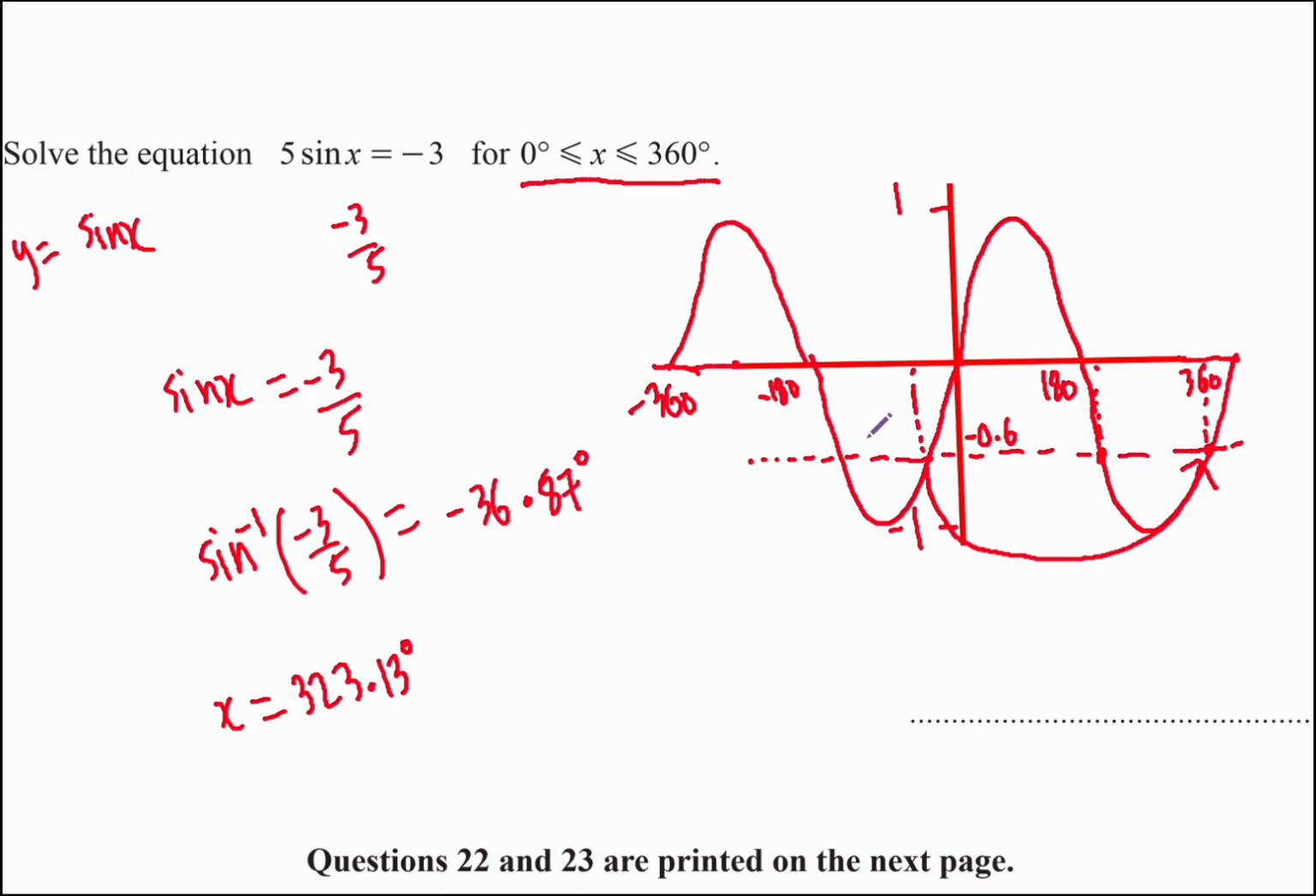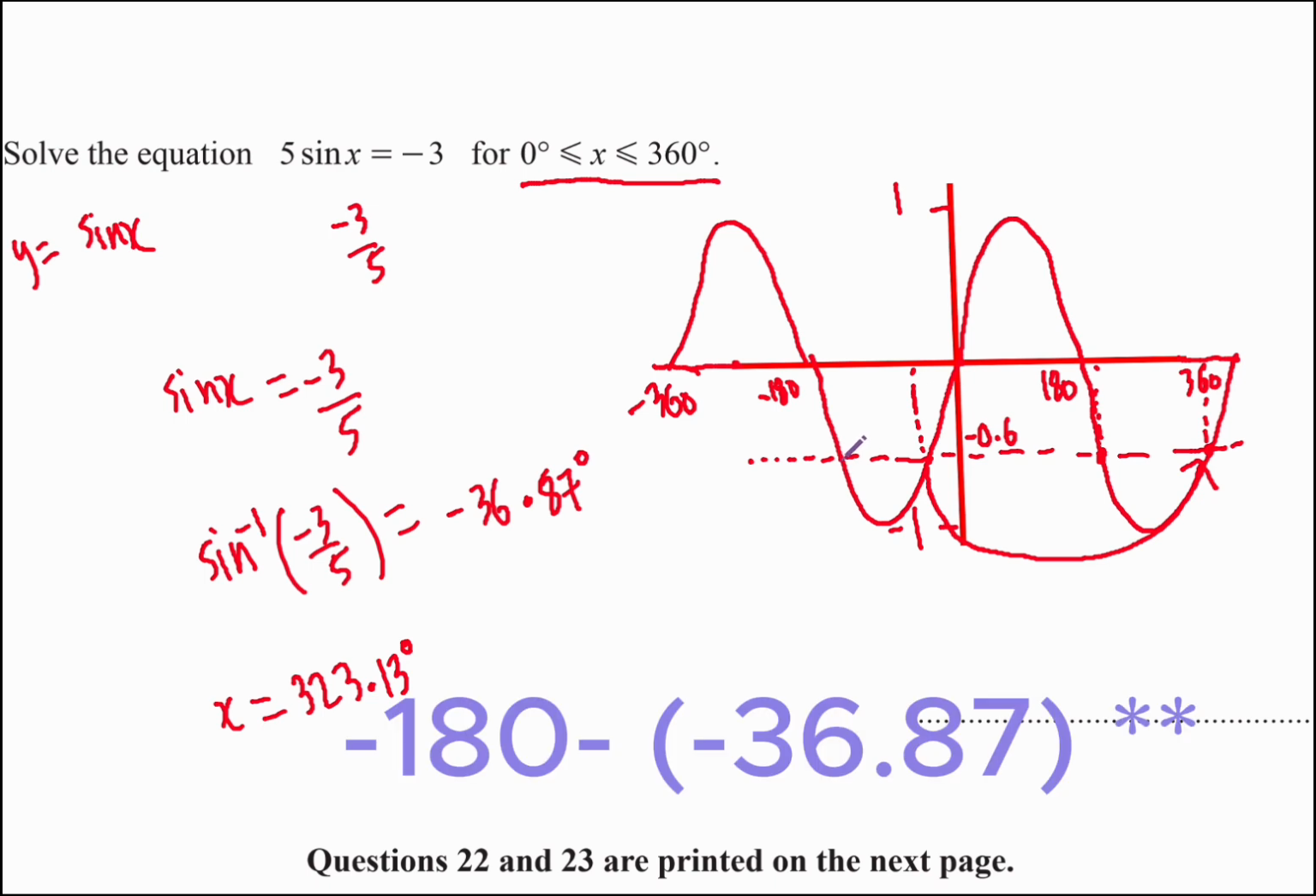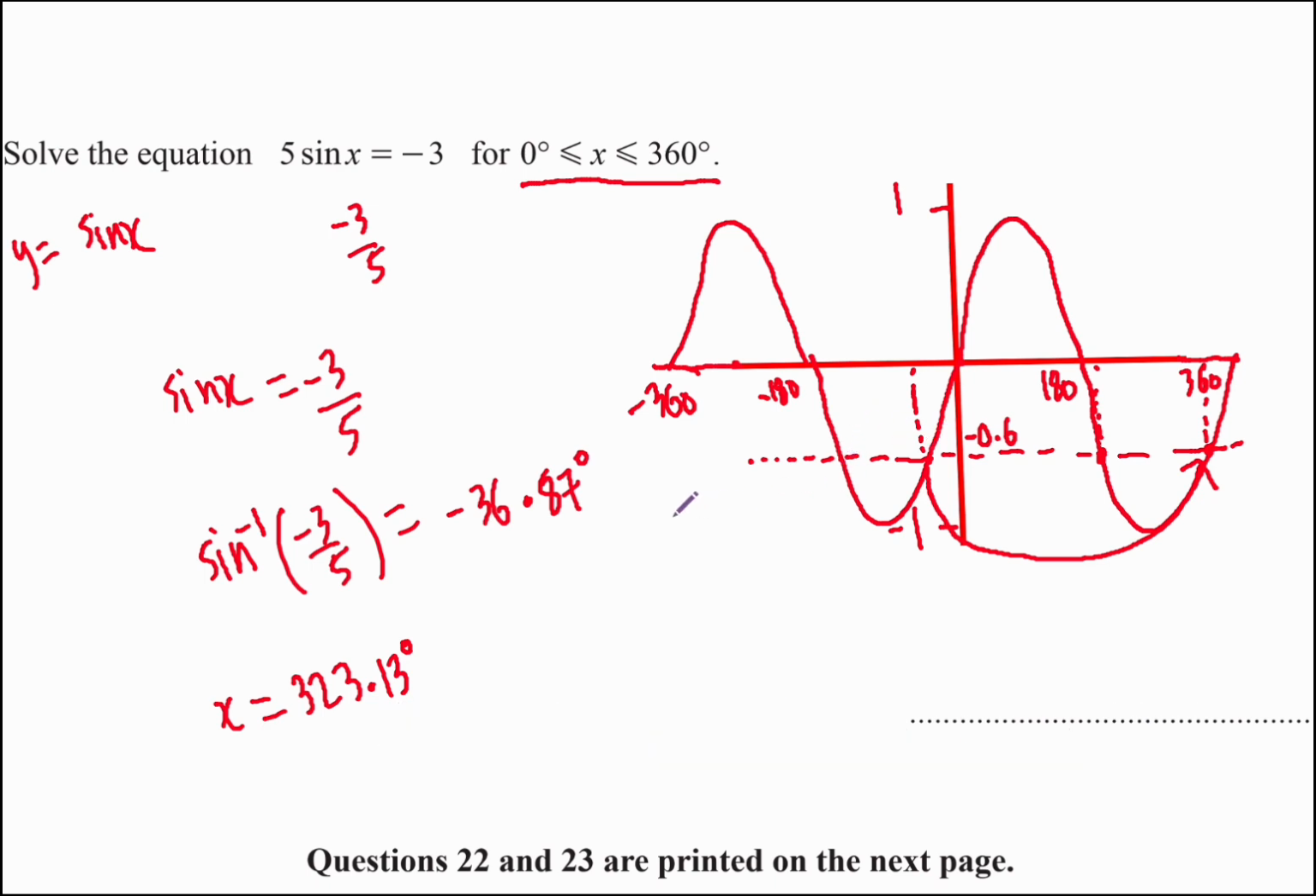Okay, how do we get the other answer? Well, sine is very symmetric. Between 0 and negative 180, you can see this answer is also 180 minus that answer right there. If you do 180 minus negative 36.87, you'll end up getting that number right there. Right, so let's do that first. So let's do negative 180 minus negative 36.87. We end up getting negative